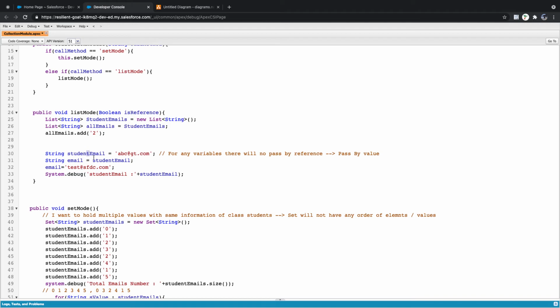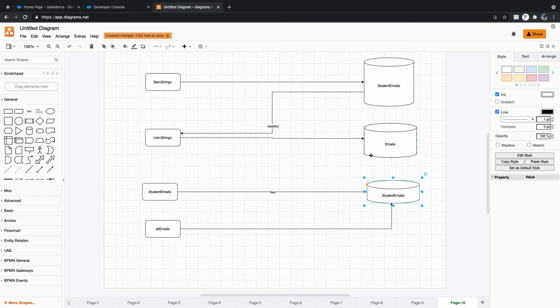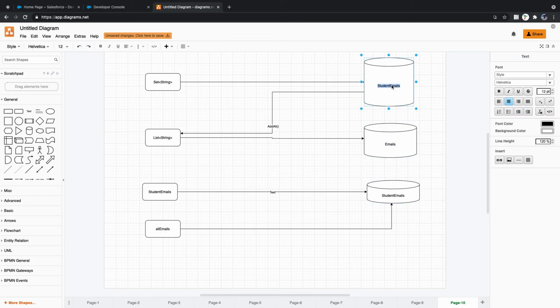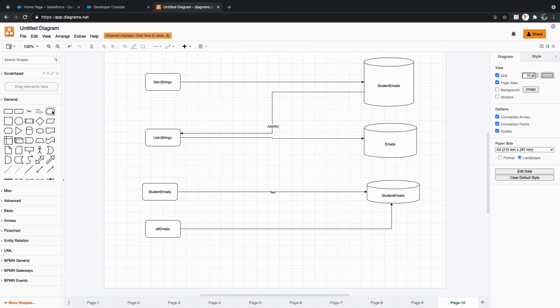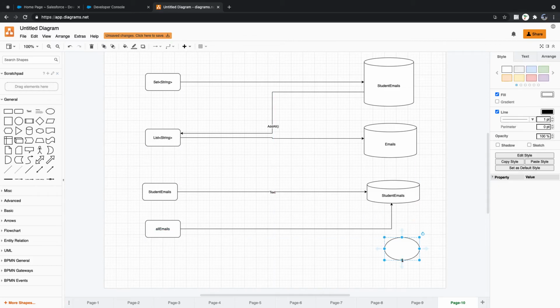So now here you are not providing your memory address. You are providing a value to email. That's it. If any changes happen to the email, email will reflect in its own space. It will not reflect back to the parent one. Clear? So the way we created here, we created one object, we created one variable. A variable is not an object. We created two variables.